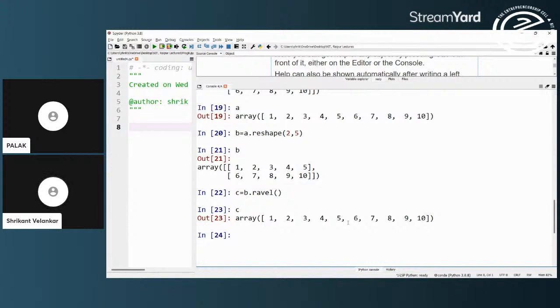So reshape and ravel functions allow me interchangeability with a single list. I can import a NumPy array, I can convert it into multidimensional, and I can reconvert or flatten it again into the original single dimensional array.